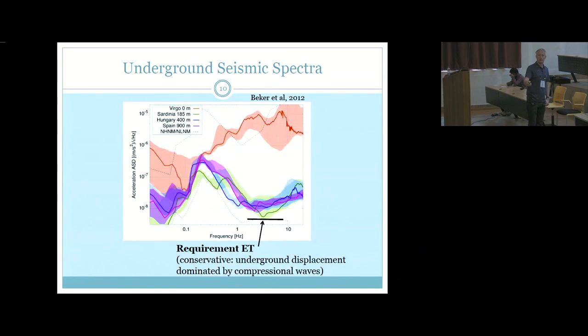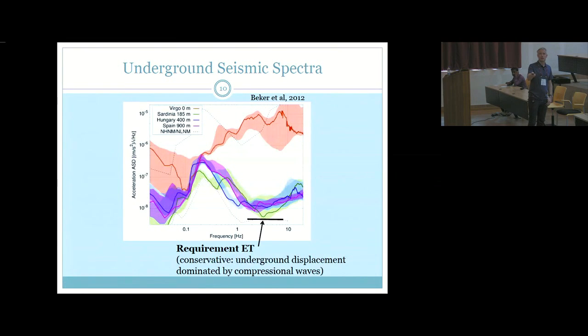Underground, however, you have much smaller, weaker seismic spectra. And here is the level that you would need for the Einstein Telescope so that if you go underground, you don't have to do any more cancellation of Newtonian noise. So that means if you measured seismic noise at this level at some site, then you don't have to do any Newtonian noise cancellation anymore. What you can see is for the typical underground site, you still end up with some factor that you may want to suppress with sensor arrays, as I'm going to explain.